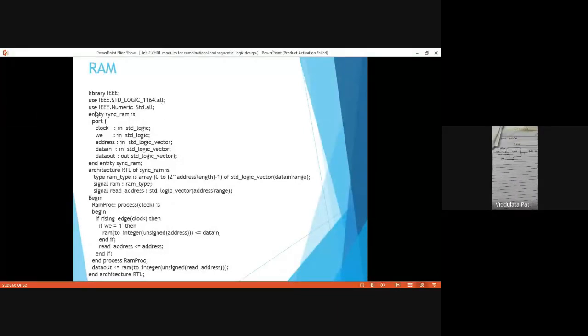At the same time, we have used the IEEE.numeric_std package, and after this library declaration, we are going for the entity declaration. Entity is given the name sync_RAM.